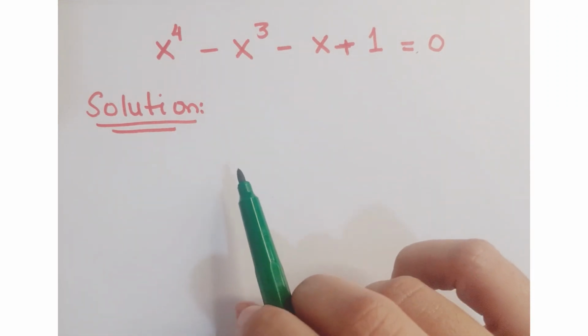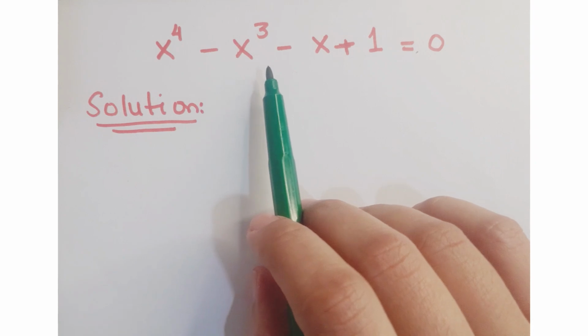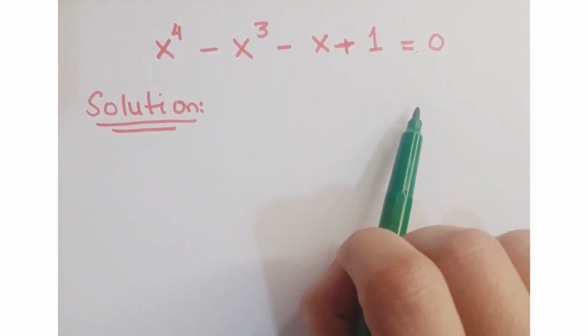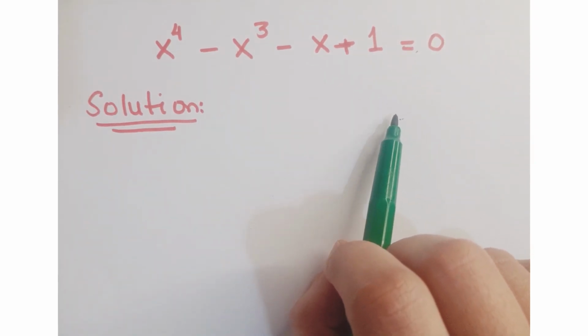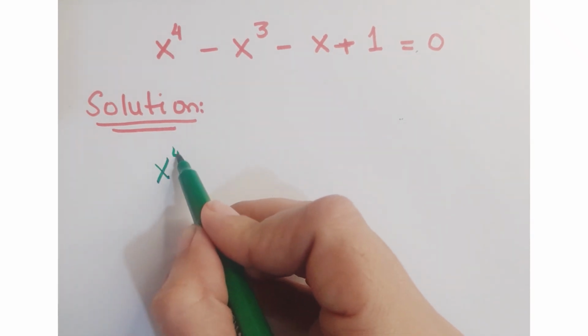Hi guys, look at this question. The question is x to the power 4 minus x cube minus x plus 1 is equal to 0, and we have to find the values of x. First of all,